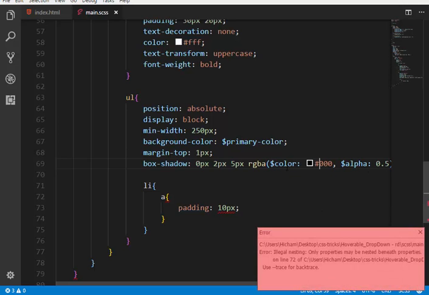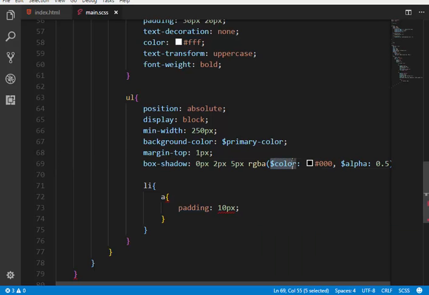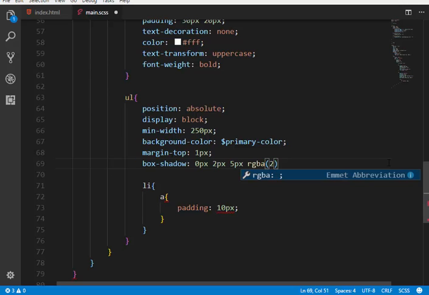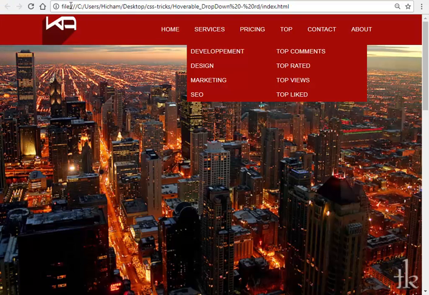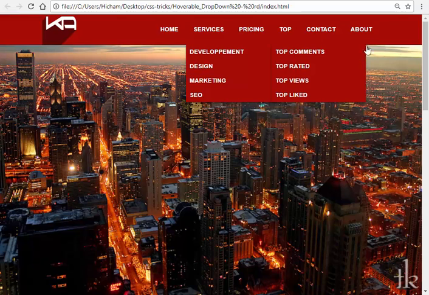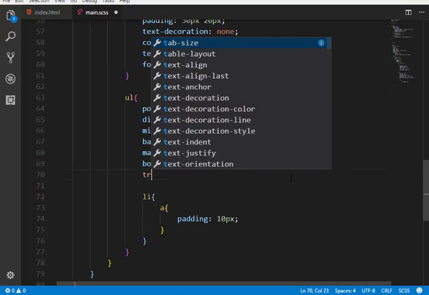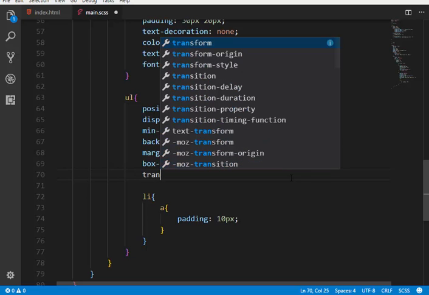Alright, so I don't think this is a problem here, because I'm not going to use this one. Let's just check it out with the traditional way, with black color here, and 0.5 here. Alright, so it passes successfully. Let's check it out. There's my box shadow now. Alright, so I guess I'm finishing with this one, and let's add a transition here